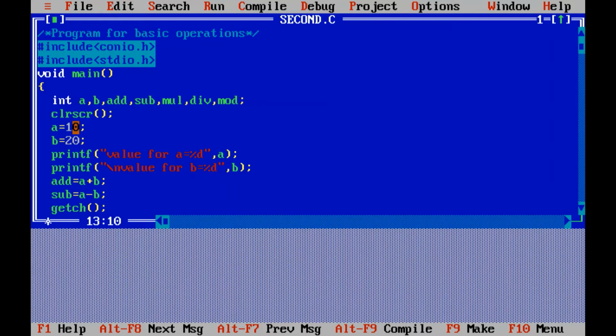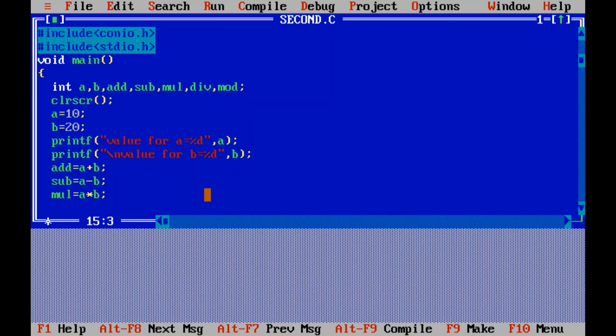Then you will get a minus value, it's fine. Next I'm going to store the multiplication, it is a into b. Then division. Now I'll divide b divided by a, so I'll get a proper value.